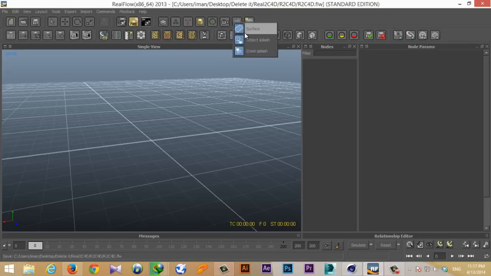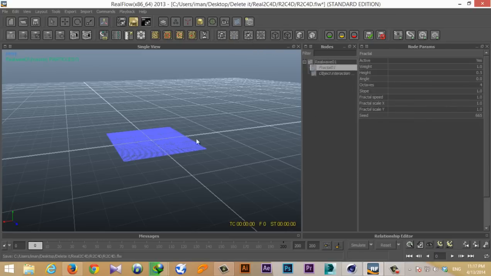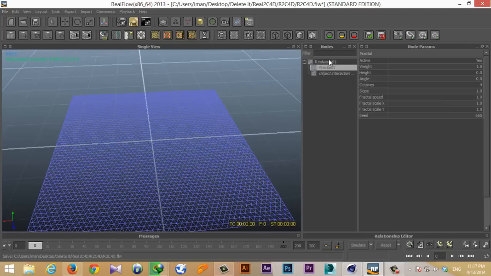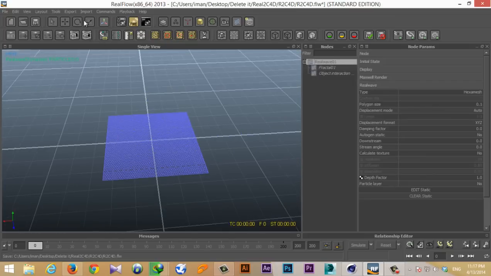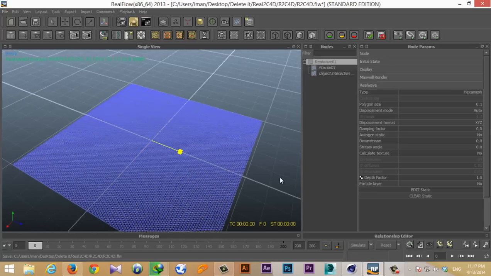So let's create a RealWave surface. Simply right click on this, add wave, go to your fractal. Okay, I'm just gonna make sure that this wave, I'm just gonna make it a bit bigger. Let's just make this something maybe like this. Okay,